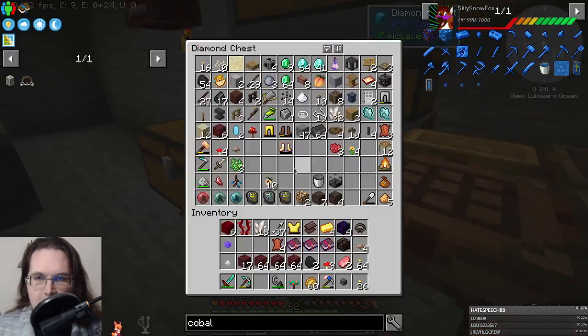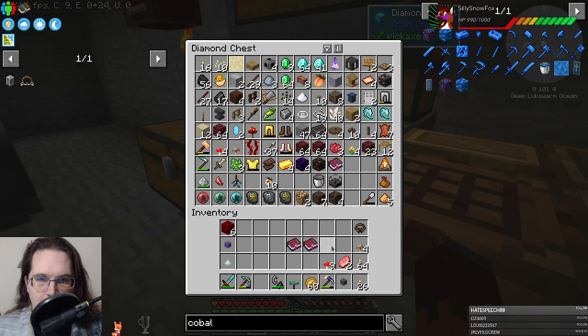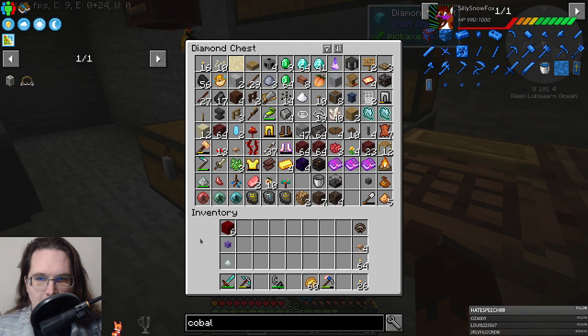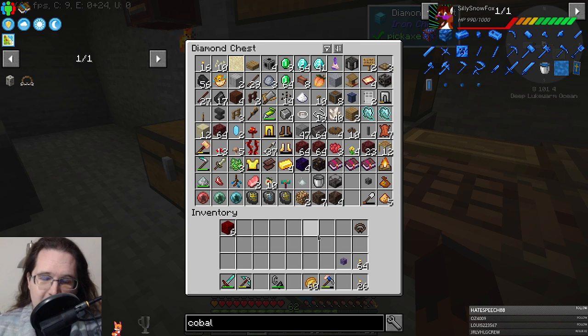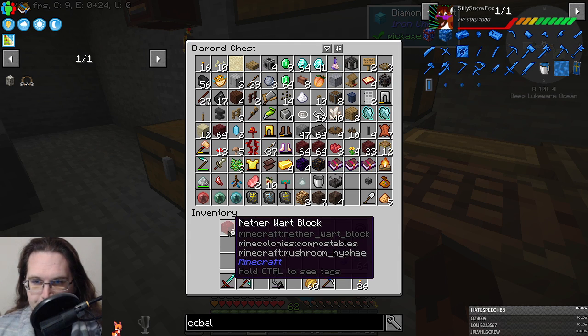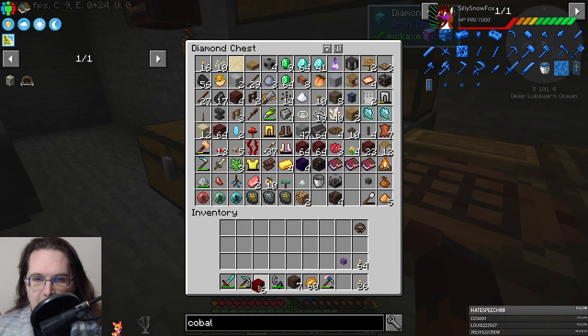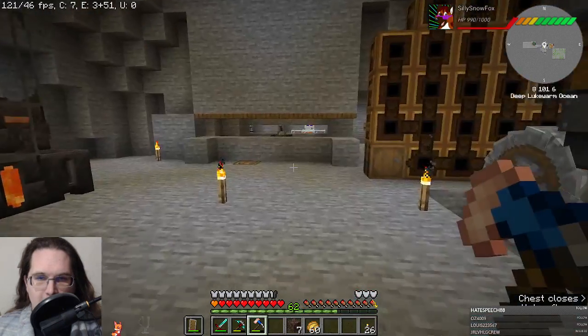Okay. Now we got some goodies. We can put this stuff away. Yeah, I was thinking about grabbing some lava in there. I don't really need the lava. It would just be kind of handy to have some extra. But for now, we've got a little bit of soul sand, and we've got some nether wart blocks. So let us...